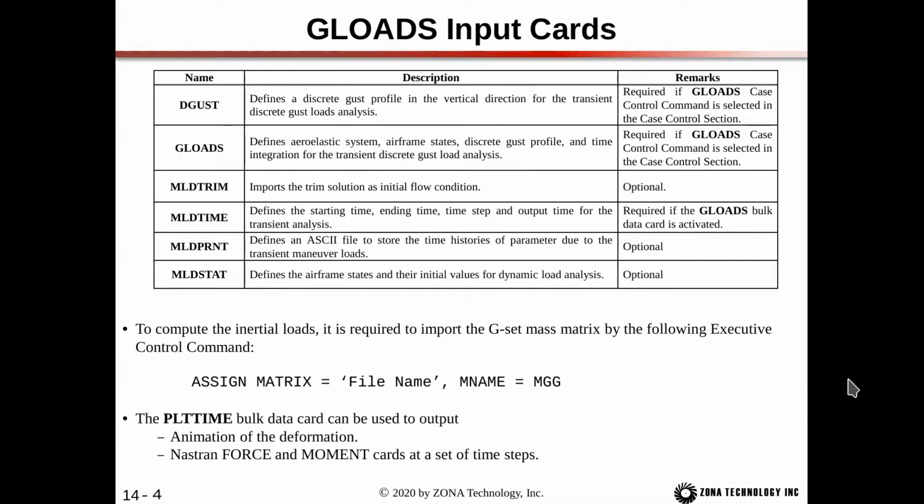So these are the bulk data cards we have for the Gloads input. We have the Gloads card itself, which then calls out to the DGUST card to define the gust parameters, and then we refer to the MLDTRIM, MLDTIME, MLDPRNT, and MLDSTAT for setting up the remaining analysis